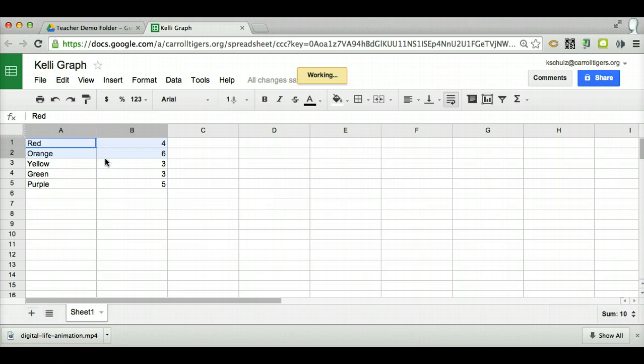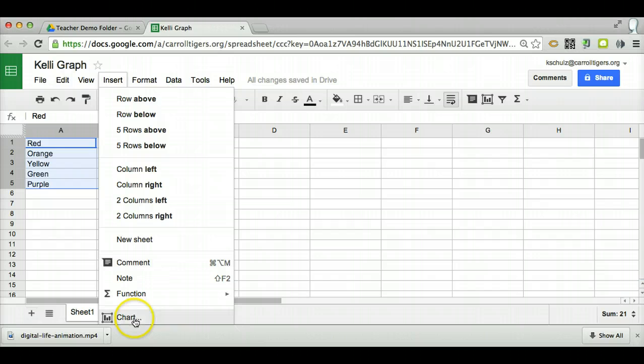Now the next part is very important: you highlight the data. What do you want to put in your graph? Obviously I need to have the labels, but I also have to have the values corresponding with it. So I select it, from A1 all over to B5, and you'll notice there's a blue box. Next, I can go up to Insert, Chart,